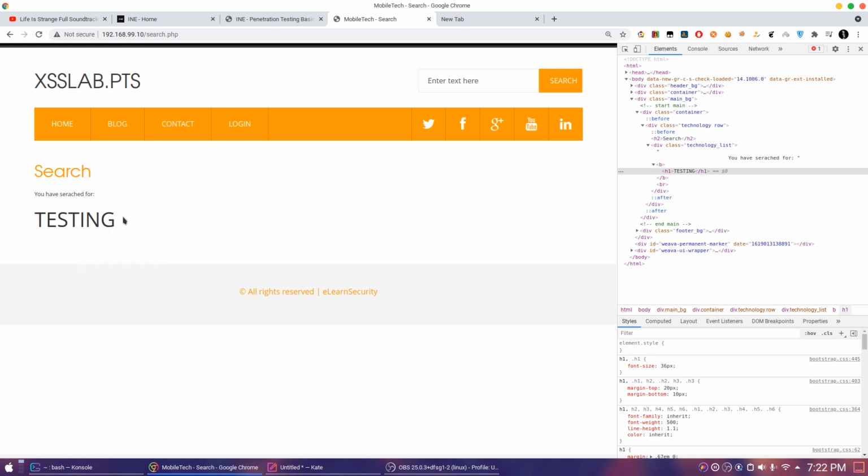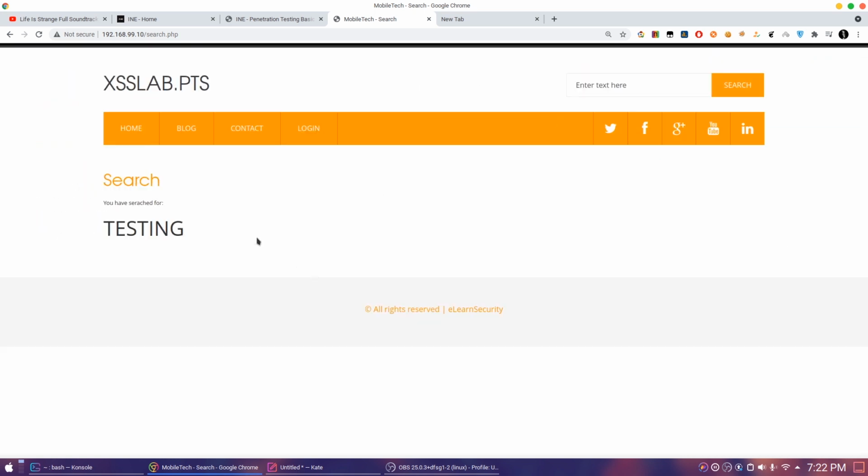This type of XSS attack is called reflective XSS. That means whenever you search here, it will be reflected here. There is another type of XSS, that is stored XSS. That means this same content we type here will be stored in the database. So whenever the page is loaded, the content in the database will be run, and the browser will interpret it as an h1 tag.